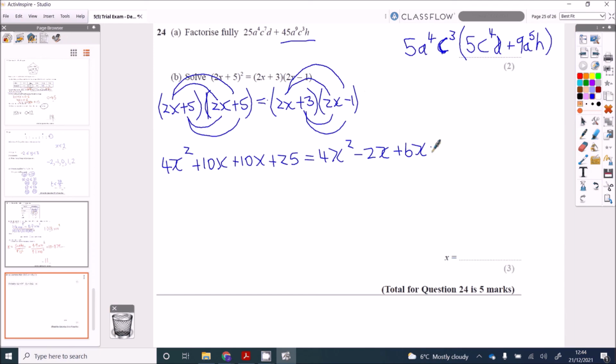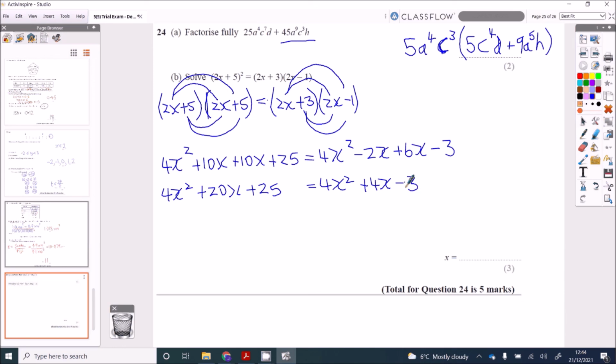And 3 times minus 1 is minus 3. Now gather up the like terms. So gather up those x's in the middle. So we've got 4x squared plus 20x plus 25 equaling 4x squared plus 4x